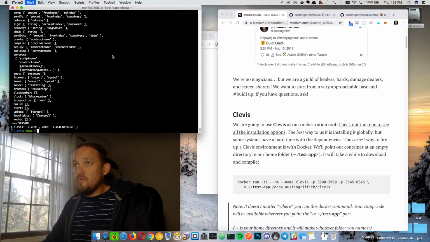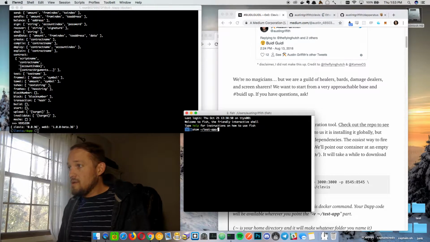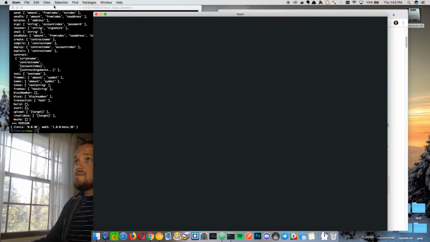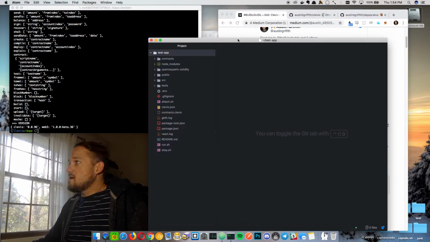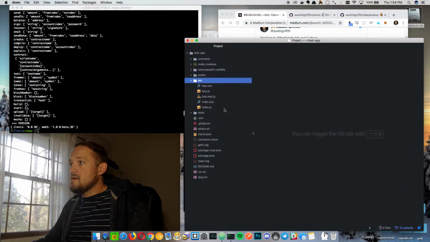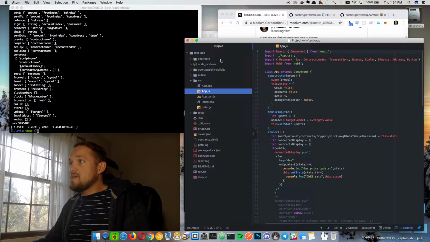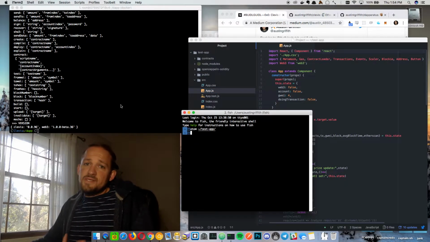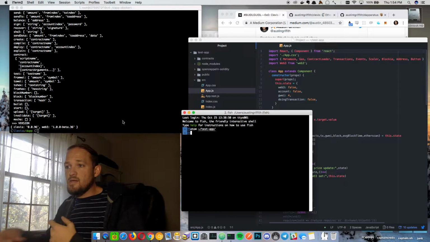If I wanted to, I could bring up my editor, say Atom, home directory, test app, and that's going to bring up my code editor on these files. Even though the files are in the container, we can edit them here and they'll live update into the container. It does a good job of setting up the environment for you